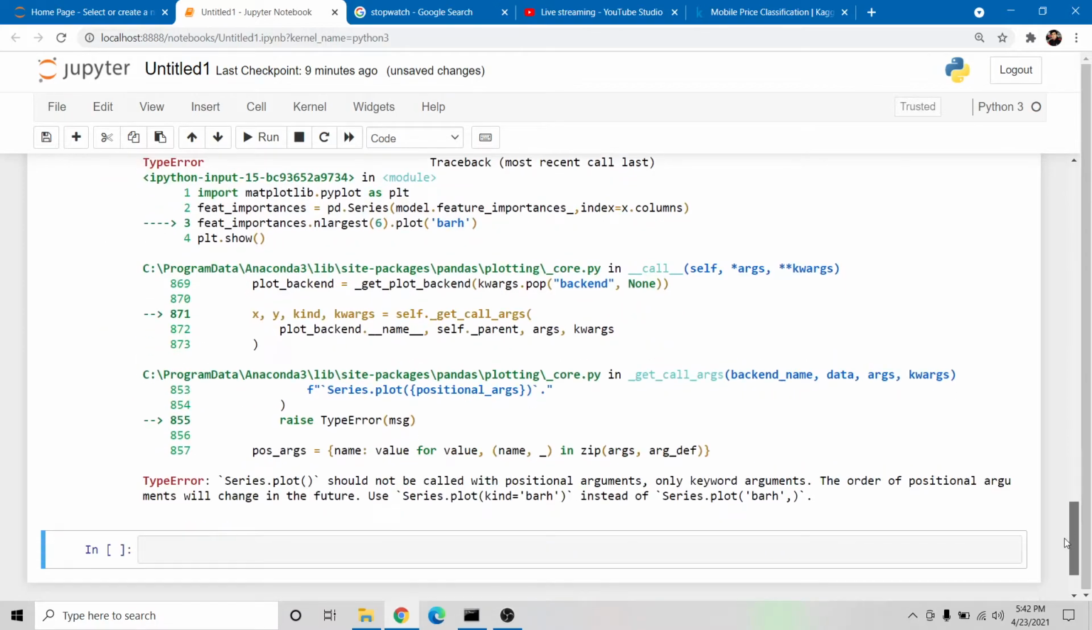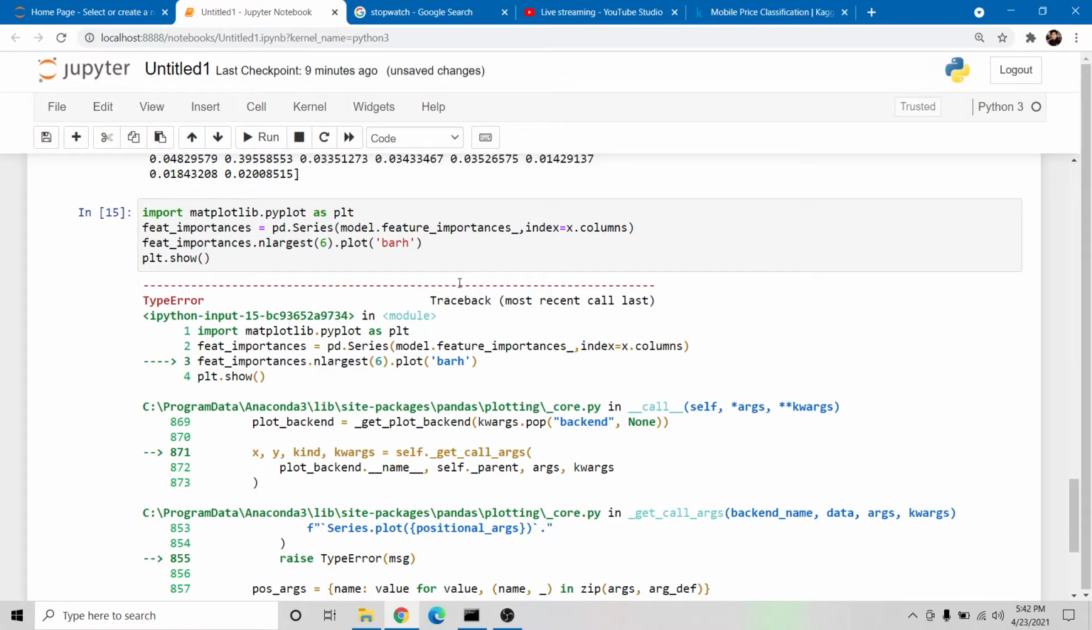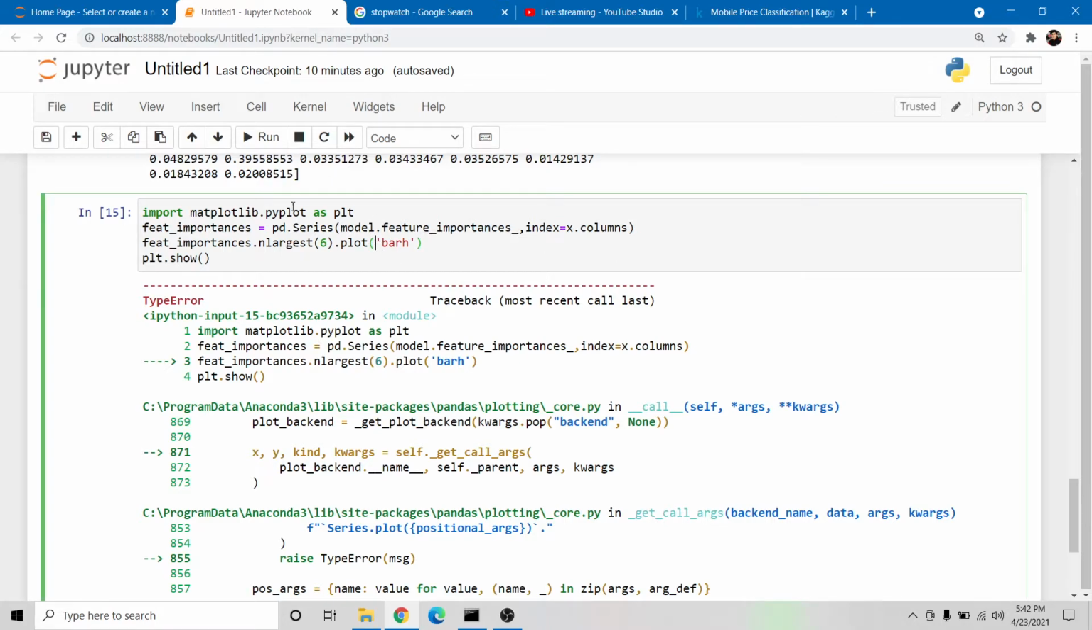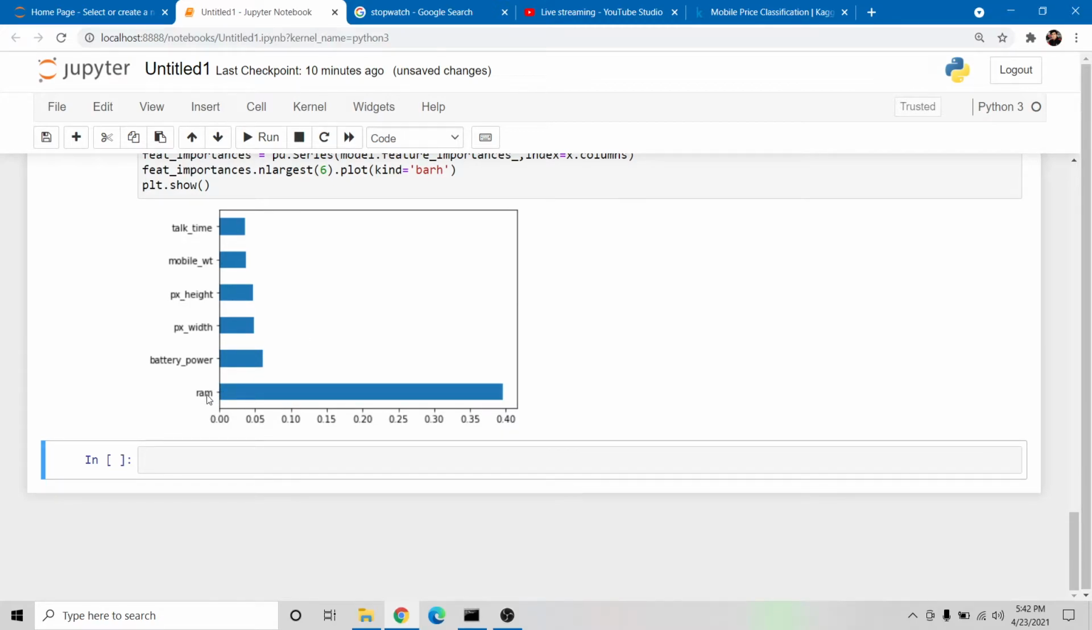Okay, let me see what is the issue. Okay, it should be pd dot series over there, feature model dot feature importance we have, index we have. What is the issue? Okay, it should be kind, I think. Now you can see it is your feature importance with the help of a bar graph, and you can say okay, RAM has high feature importance, so we cannot delete that column. So this is the advantage with the help of extra trees